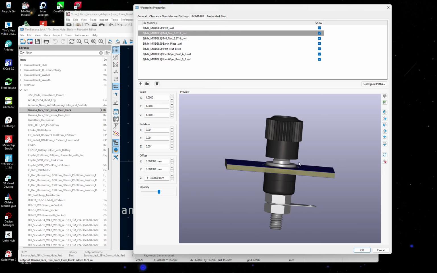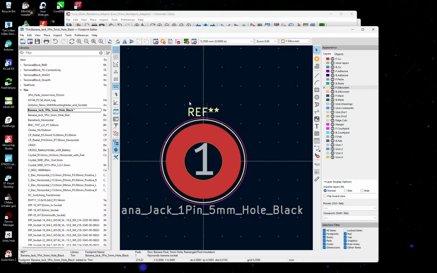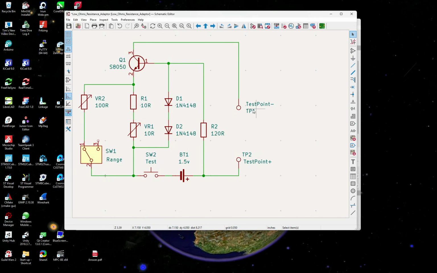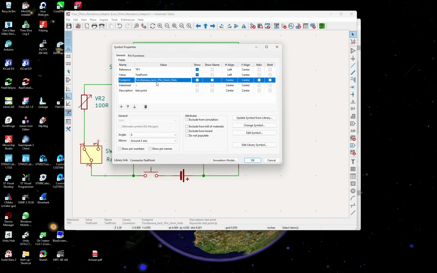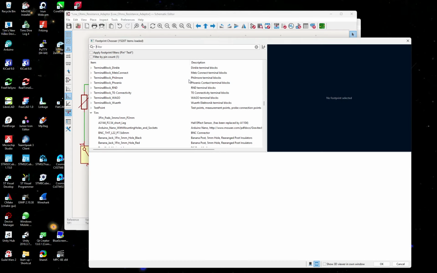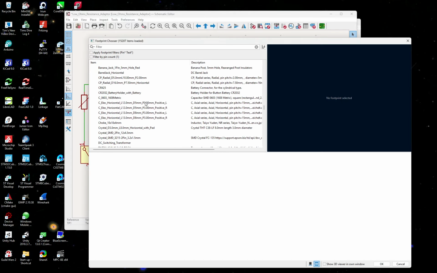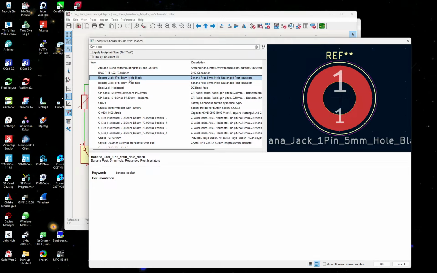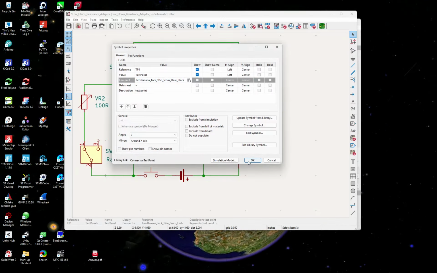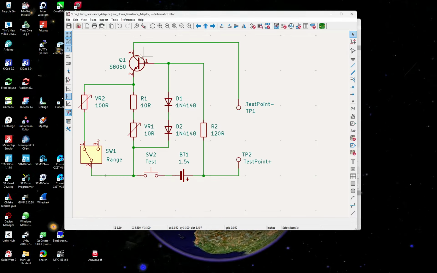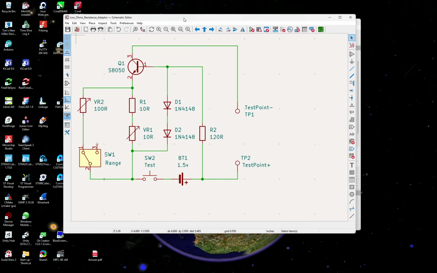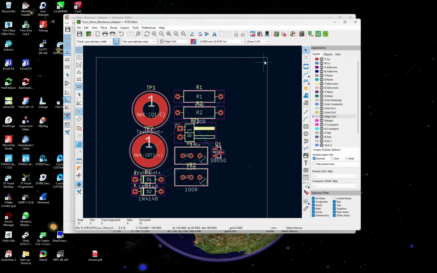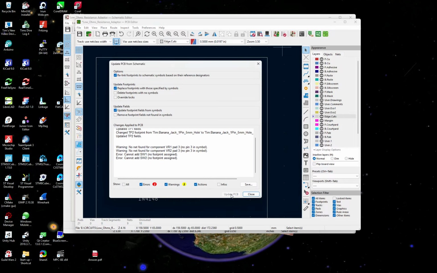Right, so we've now got a red and black. So we go OK with that and save that. So that's saved. And for this negative one, it won't find that, but if we go down in here, banana, black, and choose that one. OK. So save that, and we'll update from the PCB, update,